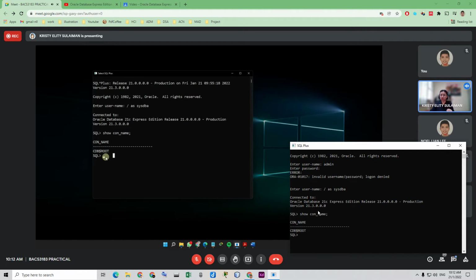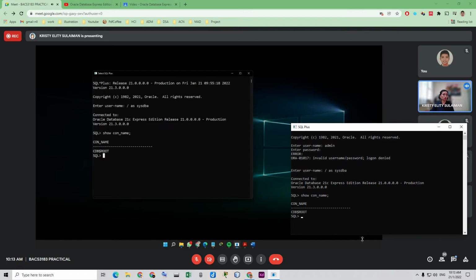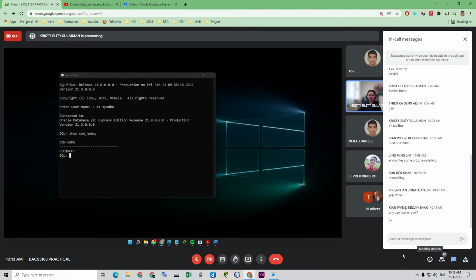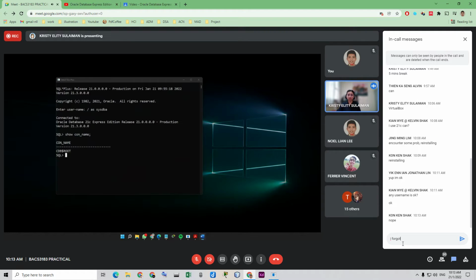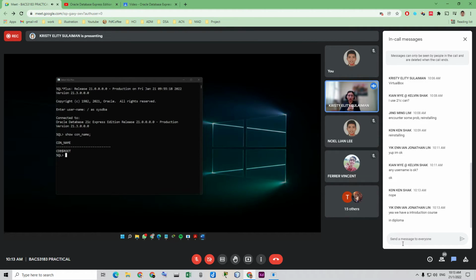Okay, so we take it slowly today, just some introduction. But may I ask, have you all used SQL Plus previously? Anyone have used this previously? No. Okay, so this is your first time here. Oh, I see. You might be familiar with some of it. The commands usually, according to the editions or versions, should be the same.